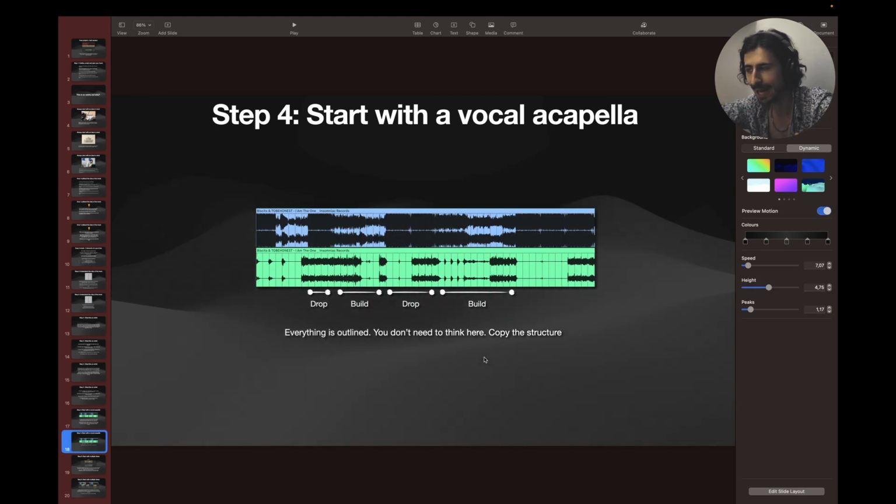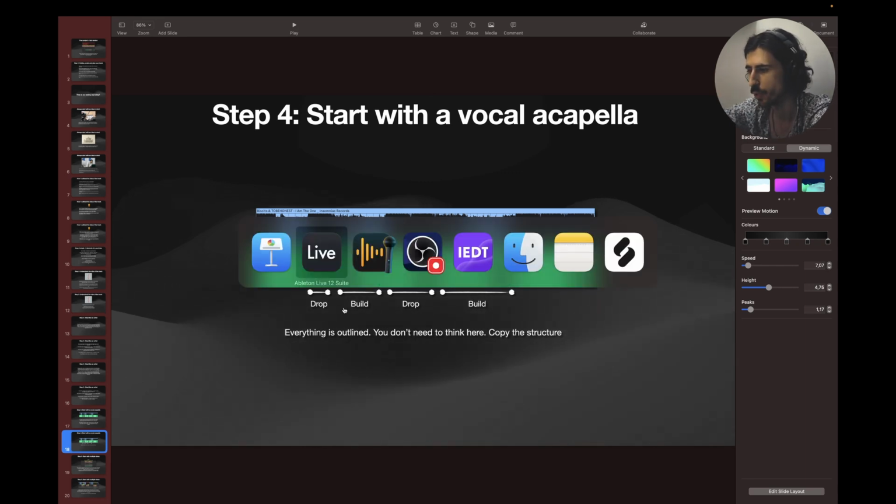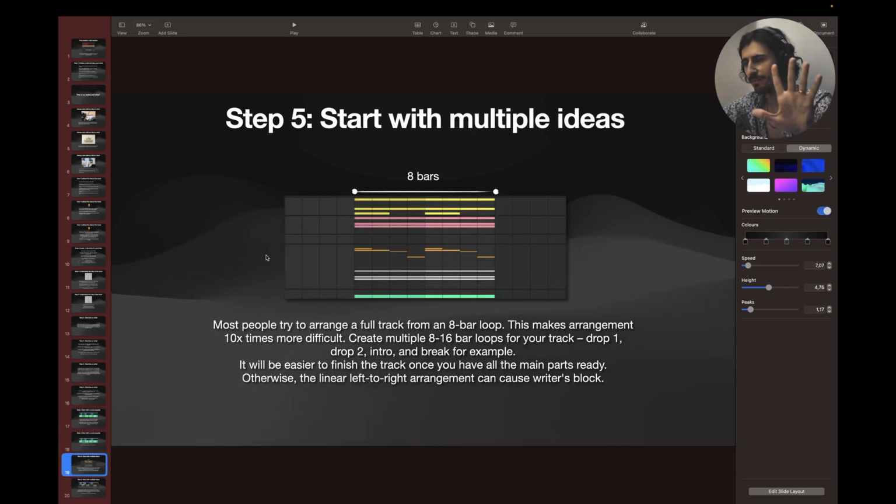So just copy, and you don't need to overthink the arrangement with this. All right, and step number 5, and this is going to be an absolute game changer if you're struggling with